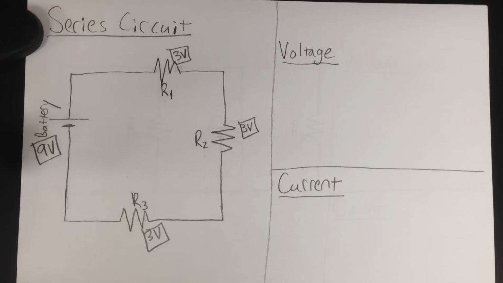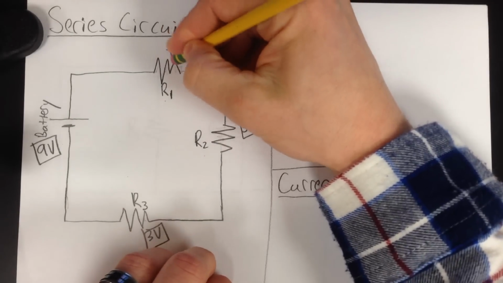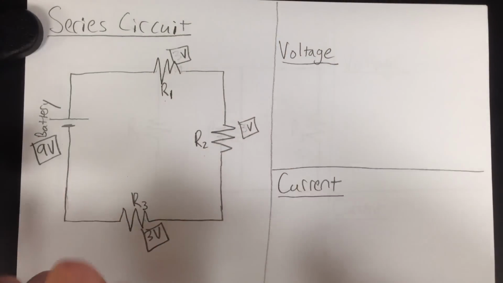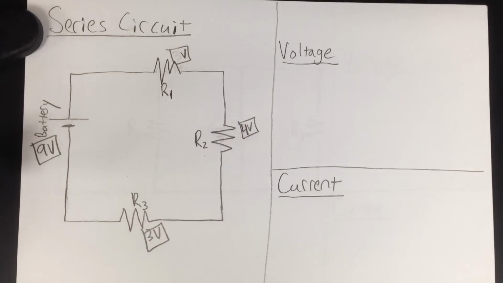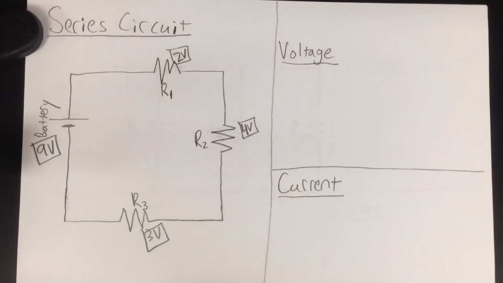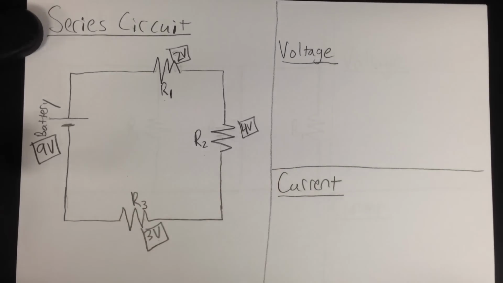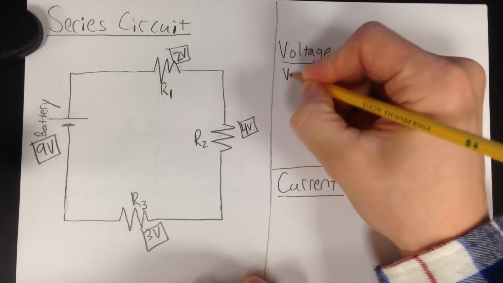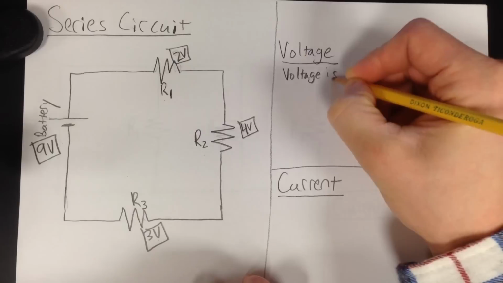Now, they don't always split it up evenly, alright? Depending on what you plug in, whether it's a light bulb or a TV, maybe a TV needs more volts, so it'll get 4 volts, and if this was a light bulb, maybe it would only get 2 volts, and maybe somewhere in between the radio gets like 3 volts. So the voltage is not always split up evenly, but the voltage, write this down, is